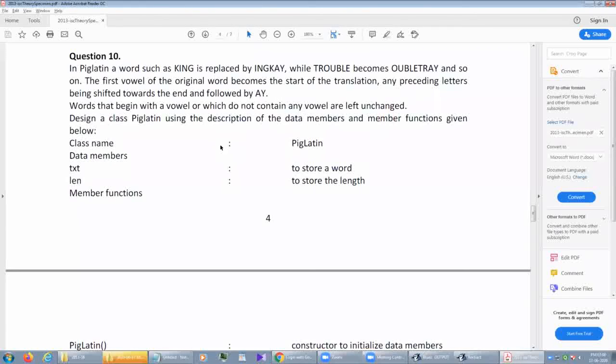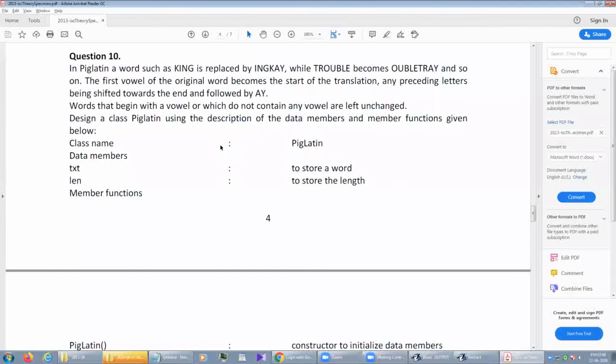From a string you have to extract, and this extraction starts from where the first vowel occurs. Like king, ing is extracted. Then you have to give the previous letters of this string, like in the king example, ingk followed by ay.